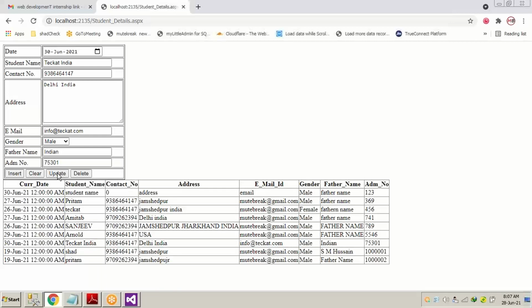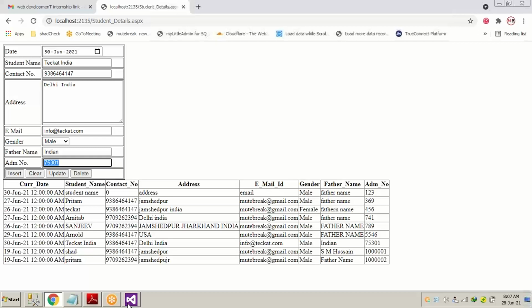If we change the admission number and press the update button, if that admission number doesn't exist in our table, it will show you an error. How to eliminate every error, I'm going to share that also with you, but try to understand that this admission number should be there. That's why I've written at the end of the SQL statement, where admission number equals textbox8.text.